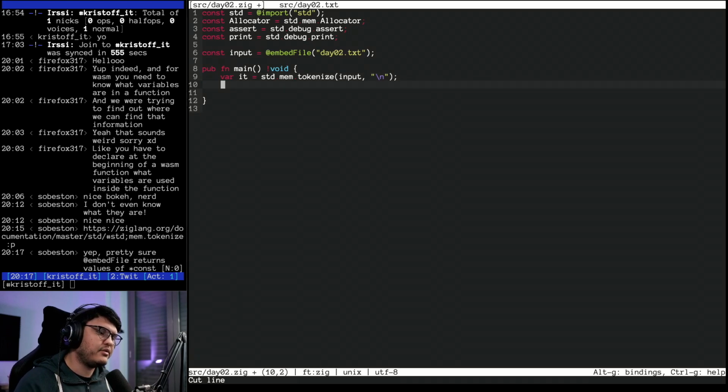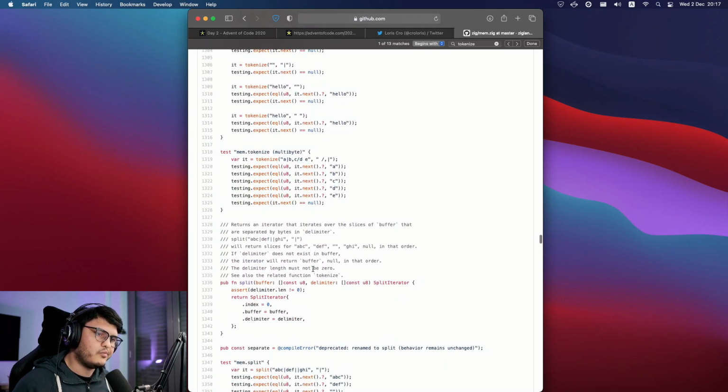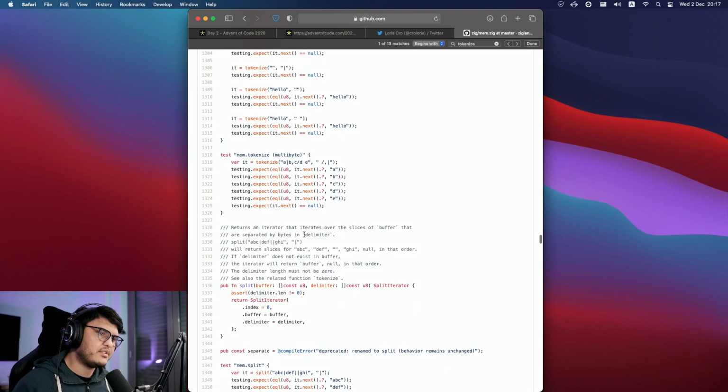Okay, so we have our iterator. I guess the way we do this is while it.next is producing. You can see here that it.next produces an optional that the test is unpacking. Oh, there's also split. It returns an iterator that iterates over slices of buffer that are separated by bytes of delimiters.